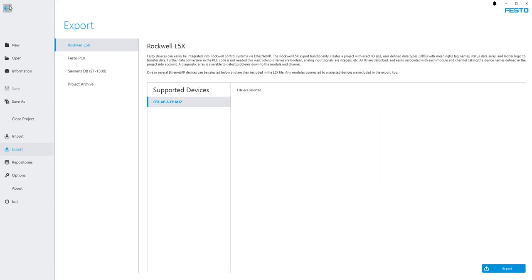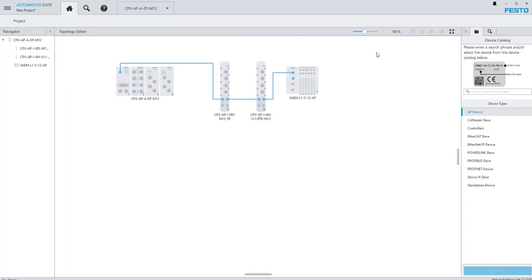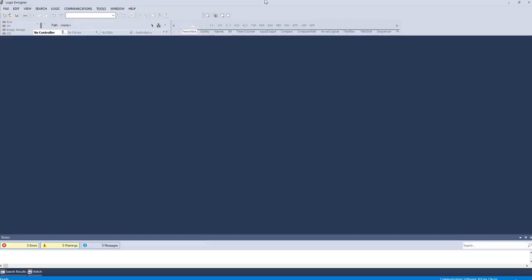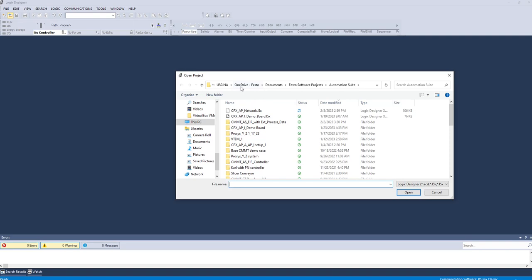So at this point, we're pretty much finished with the Automation Suite. What we're going to do now is bring in a generic Logix Designer or Studio Designer screen. What we're going to do here is just open that L5X file that we just exported. So we'll go here to open, and we're going to have to go to the Automation Suite where I put that. So having to remember where it was, going to open the CPX-AP network,